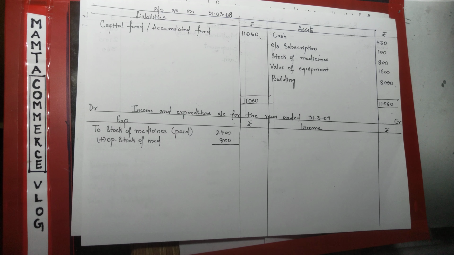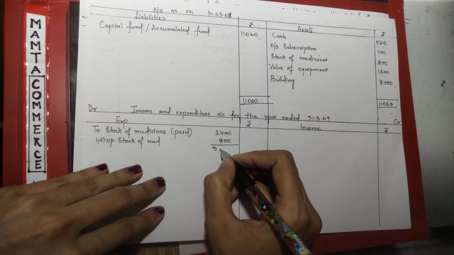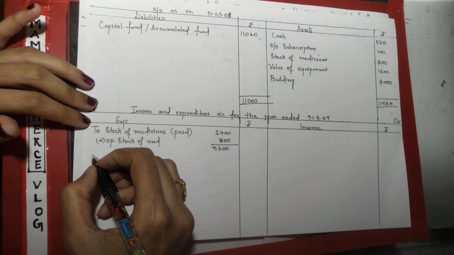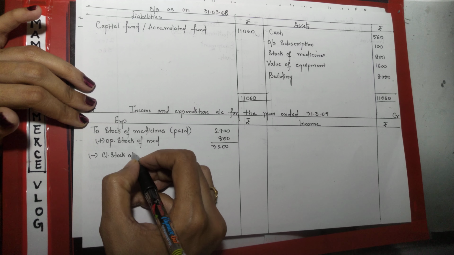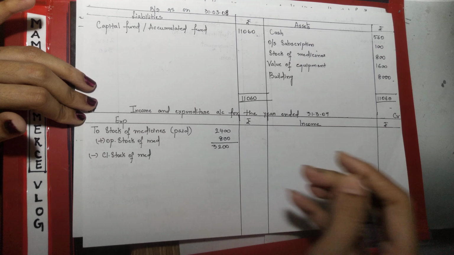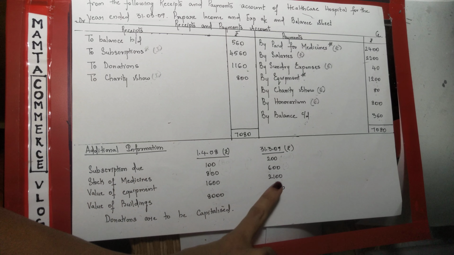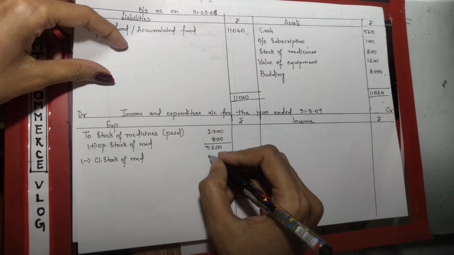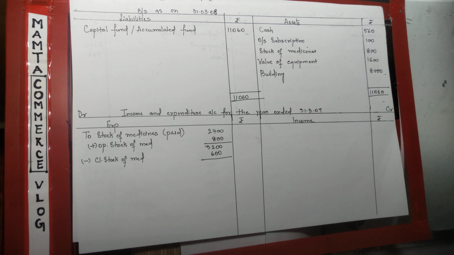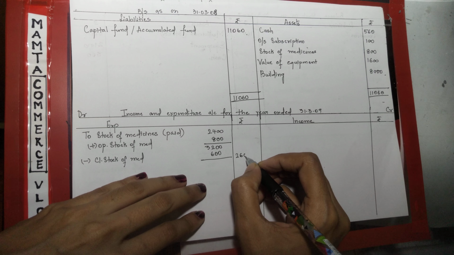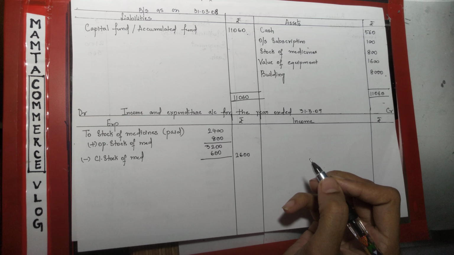If we add, we are getting 2,400 plus 800 is 3,200, and from this I will deduct closing stock of medicines. The amount of closing stock of medicine is 600, so I will deduct 600 from 3,200, so I will get 2,600. So the amount of medicine is